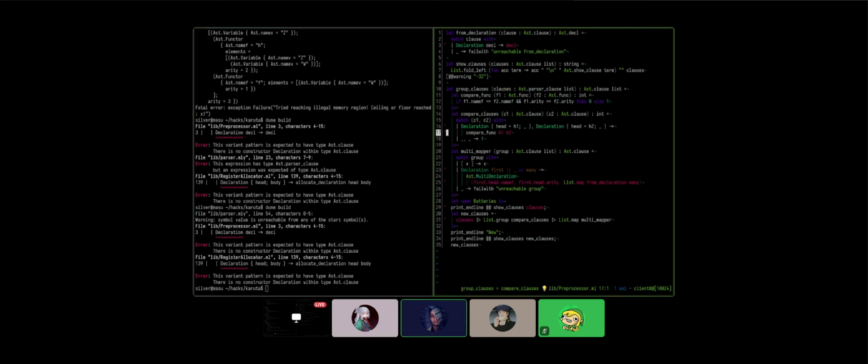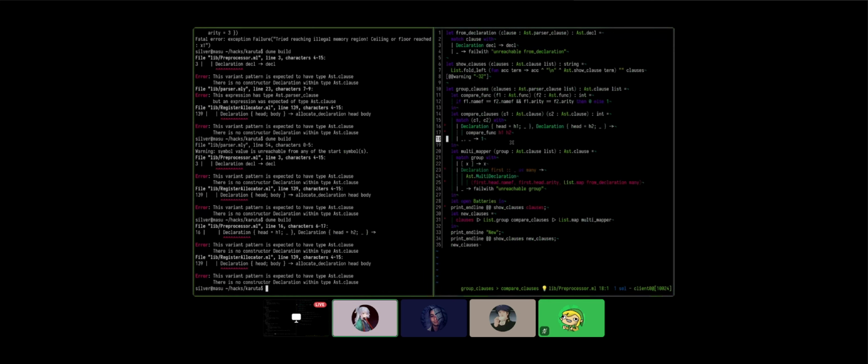Yeah, but the first function is also broken, the from declaration one. From declaration is going to take an AST clause and return, not an AST clause, a decal. That's AST going parser to be a clause. Parser clause now. And we need to check. Yeah, there's probably also some other wrong stuff, I believe. Well, that's the compiler. Like, LSP may be going nuts anyway. Okay, let's go.